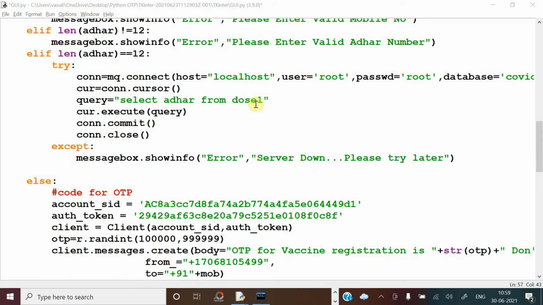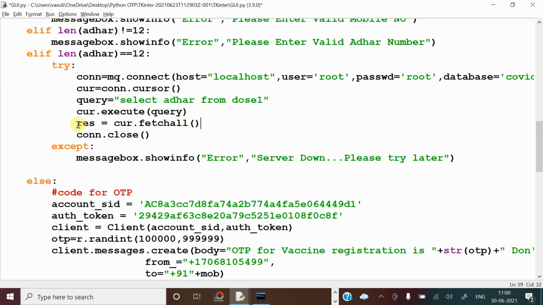So now from that DOS1 table, the Aadhaar numbers will be fetched. After that, it will be executed. Now here you don't need to write a commit. Now you can keep one variable: result equal to cursor dot fetchall. So all records will be fetched in the form of tuples.